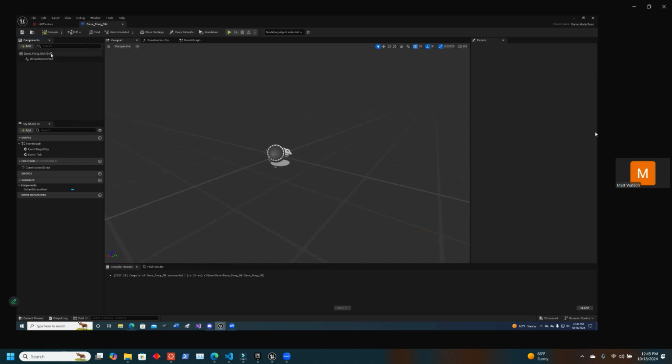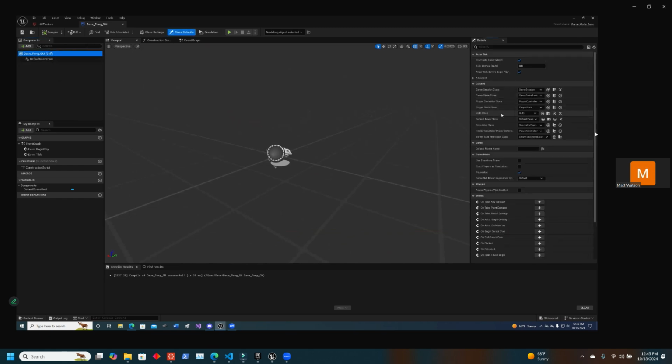In any case, the right hand side here is the details panel for class defaults. So you can click on this thing here or the little button at the top. Under classes is assigning which ones we're going to spawn and set up for the game. So I want the player controller class to be my Dave Pong PC, and I want my default pawn class to be my Dave Pong pawn. Compile and save, and then now if I go back up to the level,